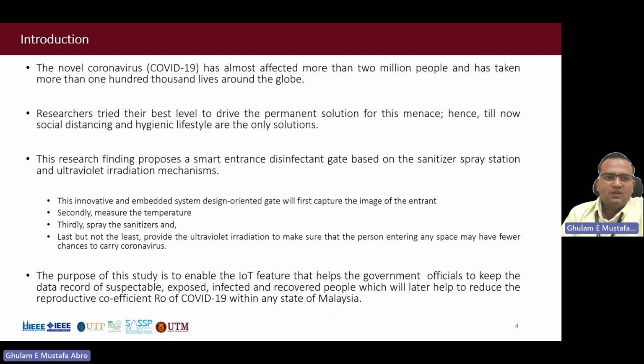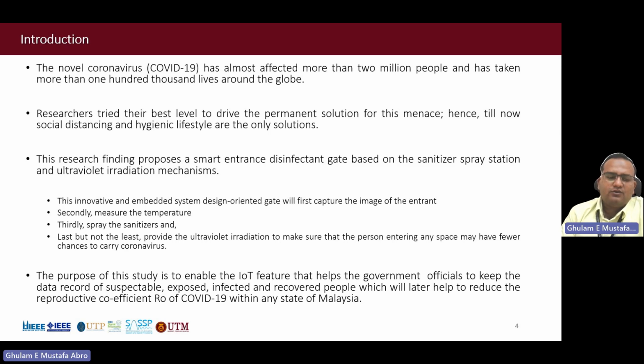So, ladies and gentlemen, COVID-19 is a menace, a kind of curse for all human beings, whether they are in any part of the world. And we witnessed that many people got affected. So I came up with the topic in 2020. When I was in lockdown, I thought that as a researcher, I should contribute to this. And then I noticed that people are using IoT based gates just for scanning. So I thought, why not we just embed the disinfectant spray in it,